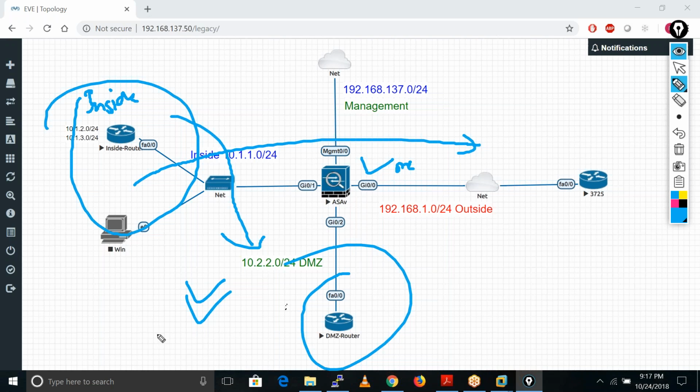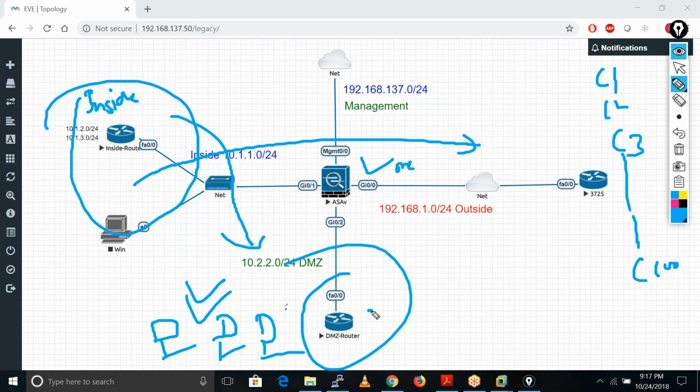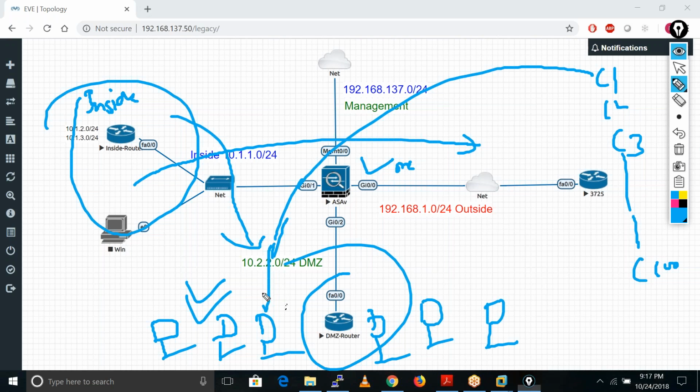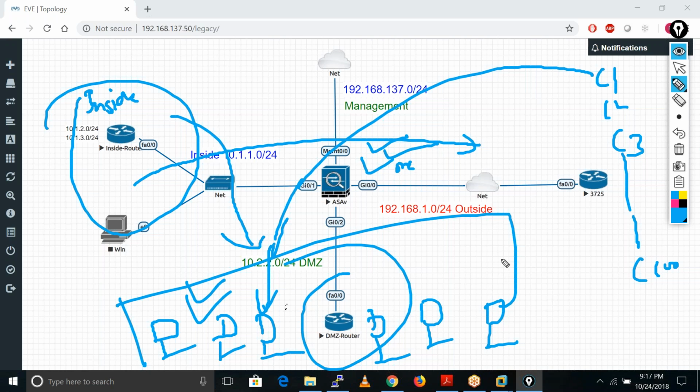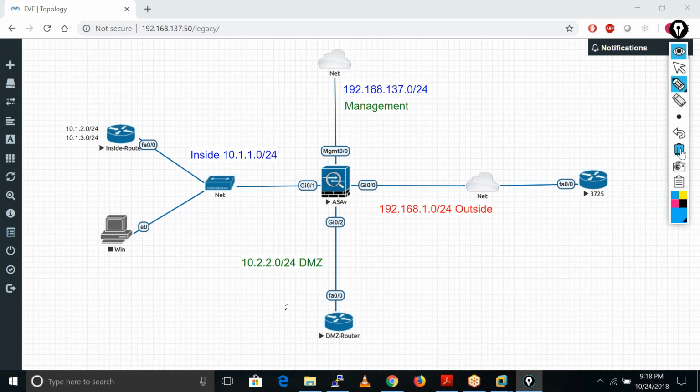If you are a very big organization and you have lots of customers, customer one, customer two, customer three, a huge number of customers, and you are running lots of servers, providing services to these customers, these customers also try to access these servers. For that you definitely need IP addresses to host these servers publicly. In that case only, you need public IP addresses. So now we have completed the theory part.